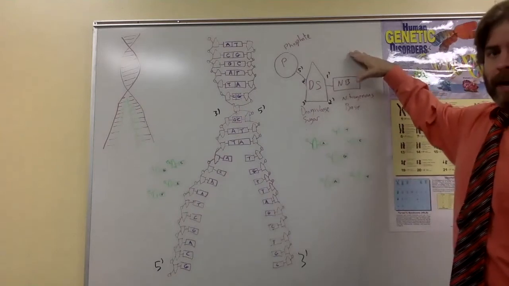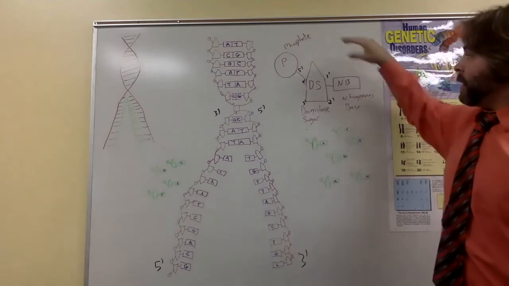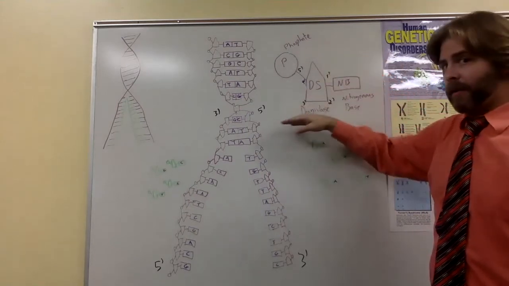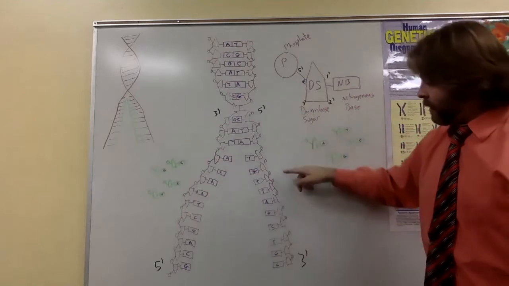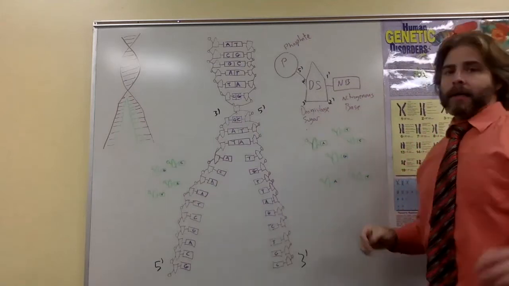In that nucleotide, bases are going to pair up with other bases. And the phosphates attach to sugars, which will attach to another phosphate sugar, to another phosphate sugar, and that's how you get the chain. Phosphate sugar, phosphate sugar, phosphate sugar, phosphate sugar, all the way down. And the nucleotides are made out of